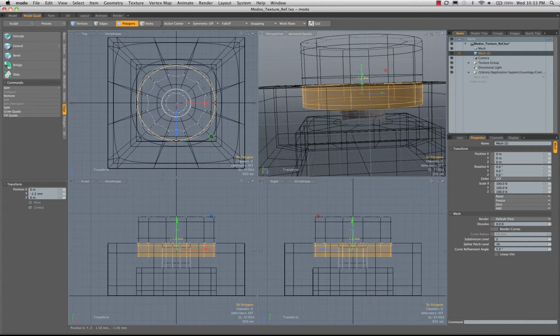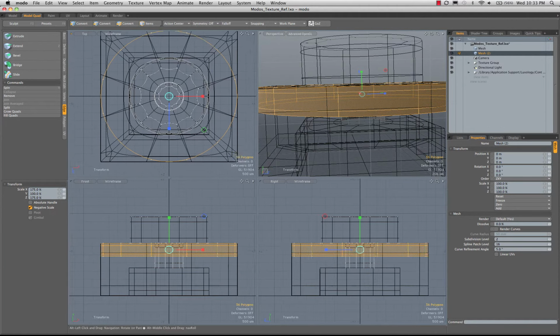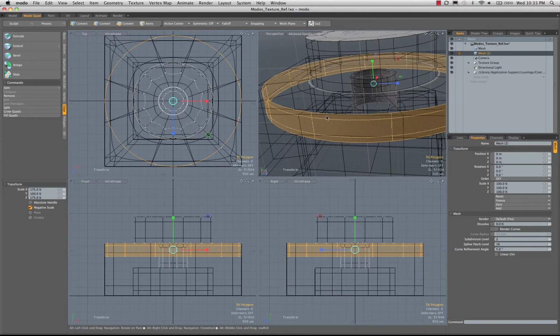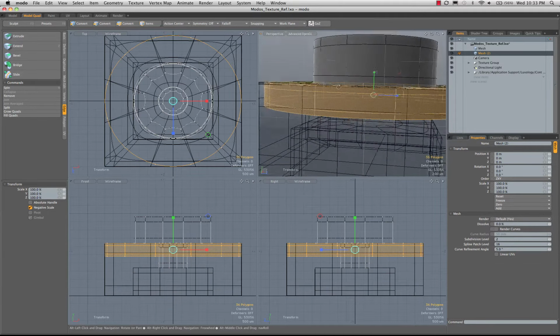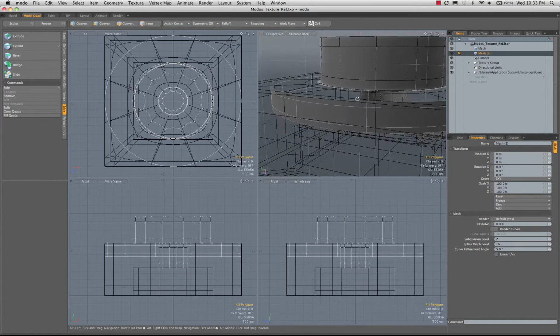Okay, and now we want this to align with the outer edge of this, and we know that the middle here is 4.8 millimeters. So if we scale this out, we just want to look for a likely multiple, and in this case it's going to be something even, so 175%. If we go back and do the math, we know that 175% of 4.8 is going to give us the 8 millimeters that we need. And now that I've got this ready, I'm going to unhide the area that I'd copied, and now I have this ready to bridge piece to piece,